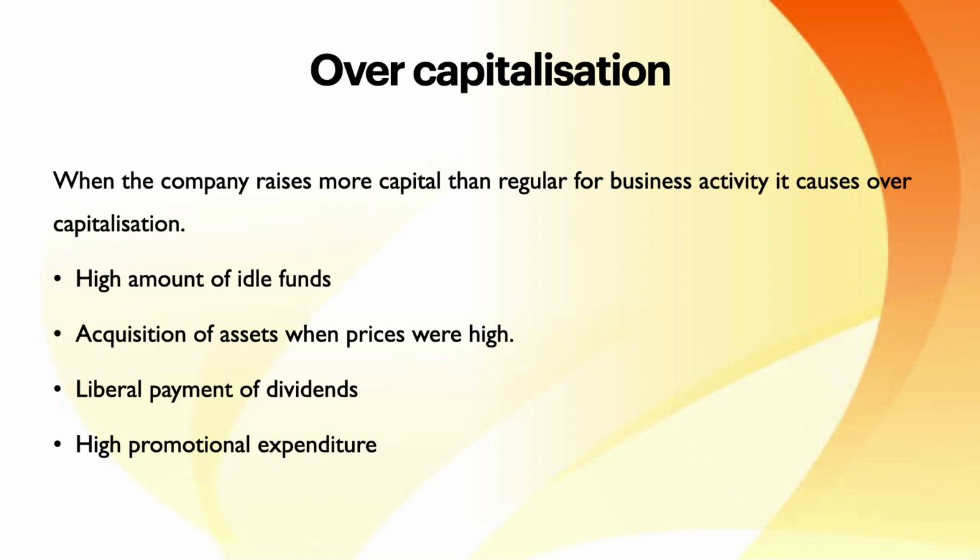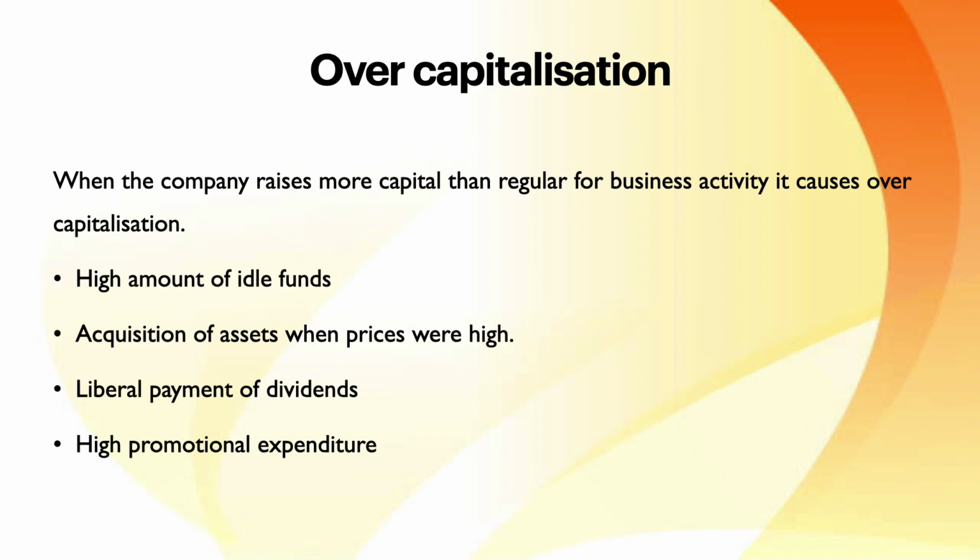Second, acquisition of assets when prices were high. So, what companies tend to do is they tend to purchase fixed assets right when the prices are high. Usually, if a company has to purchase a fixed asset, it will look at that time period which is at best. That means the cost of that asset is lesser. Is that clear? So, I'm going to wait for that time period when the cost of the asset comes down in the market, and then I can purchase it.